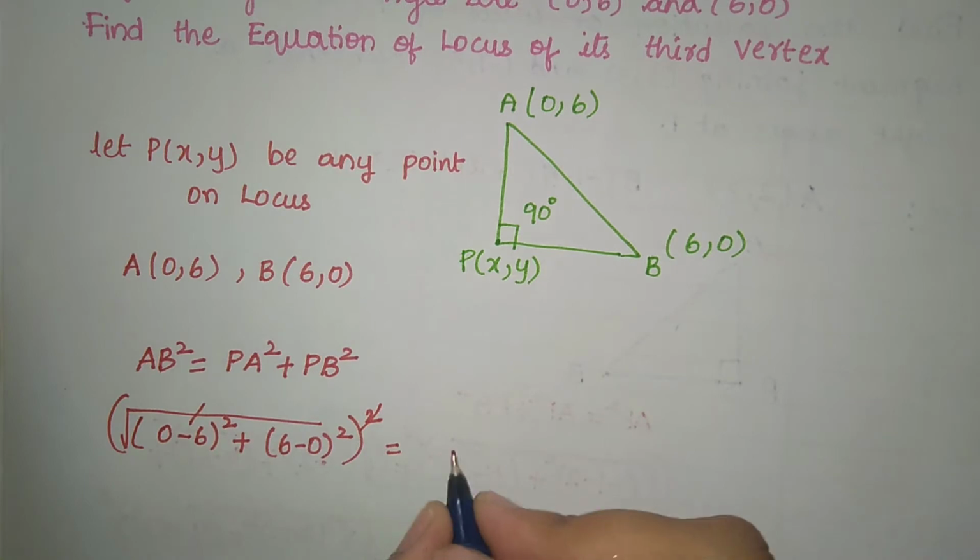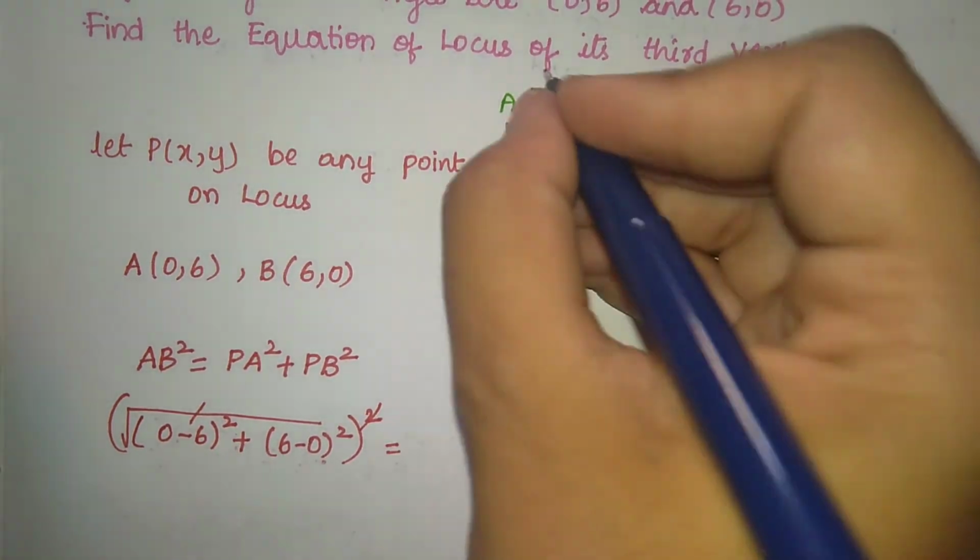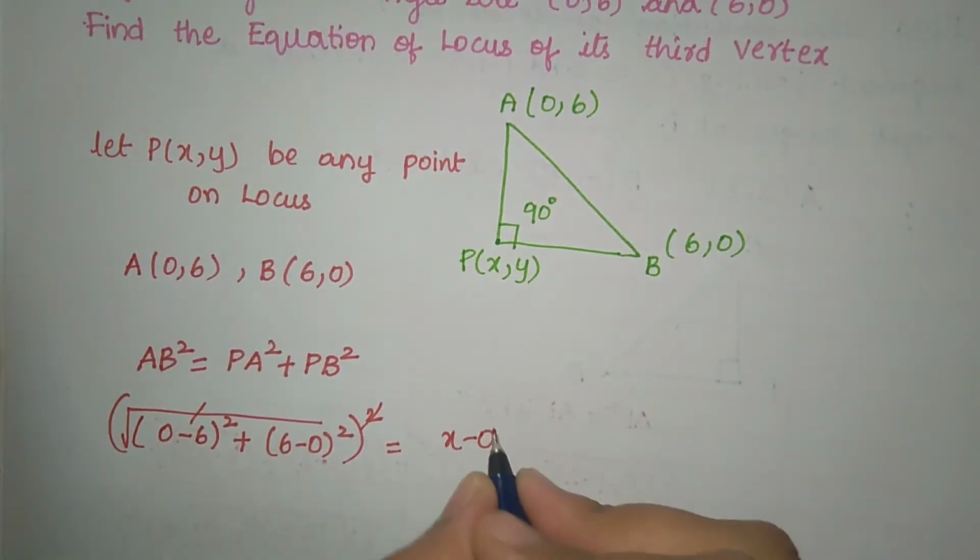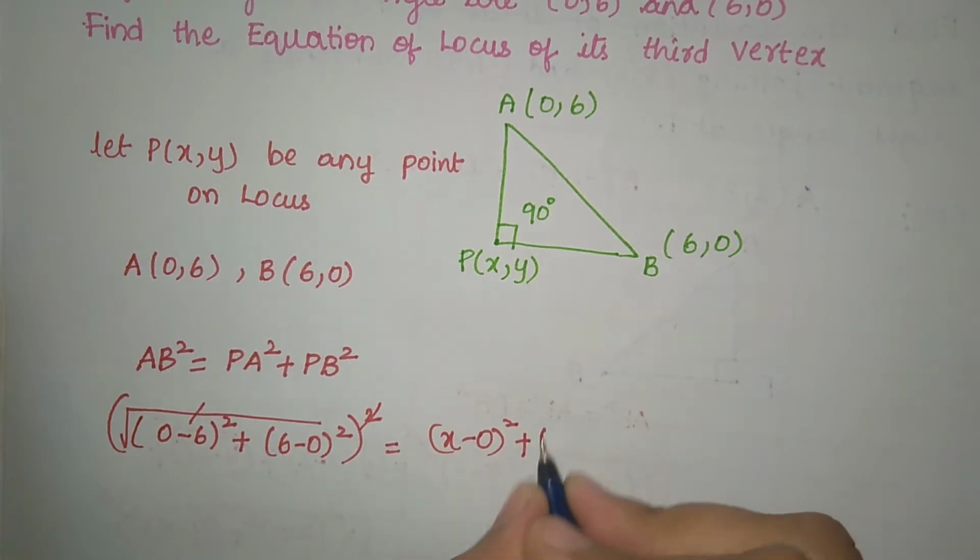PA square, P to A, (x minus 0) whole square plus (y minus 6) whole square under root, plus